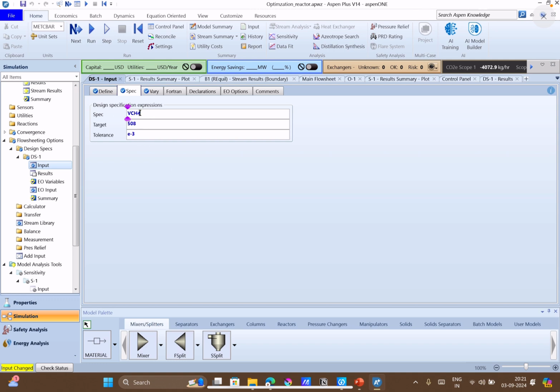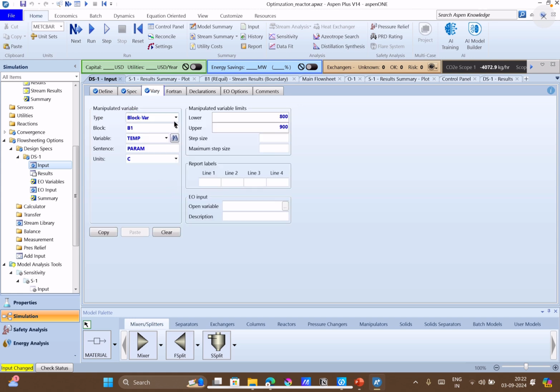So right now I have selected that VCH4 should be 508 kg per hour with the tolerance of 10 to the power minus 3. And the variable, what will be our variable? That is nothing but the reactor temperature. Here I have narrowed down this temperature search from 800 to 900 degrees centigrade, since we already know from that plot that 850 degrees centigrade is the range where we get the same value. Okay, so if you run it,